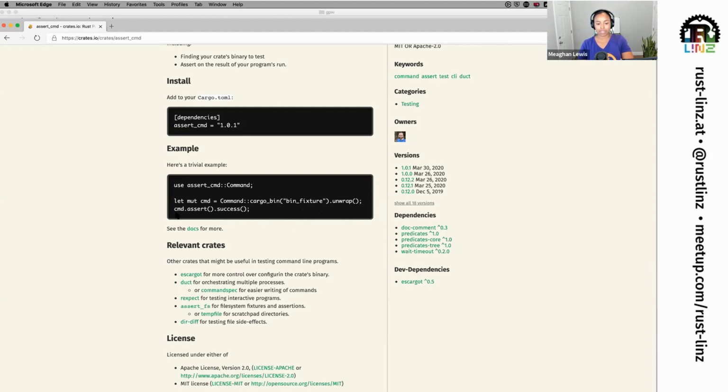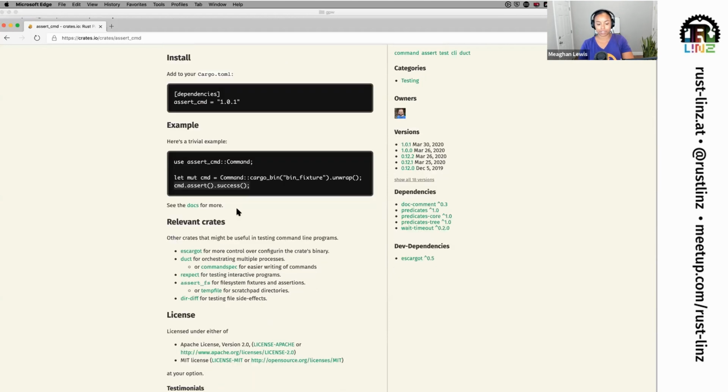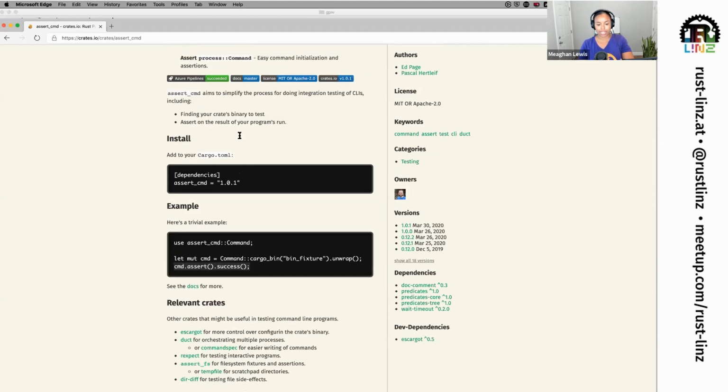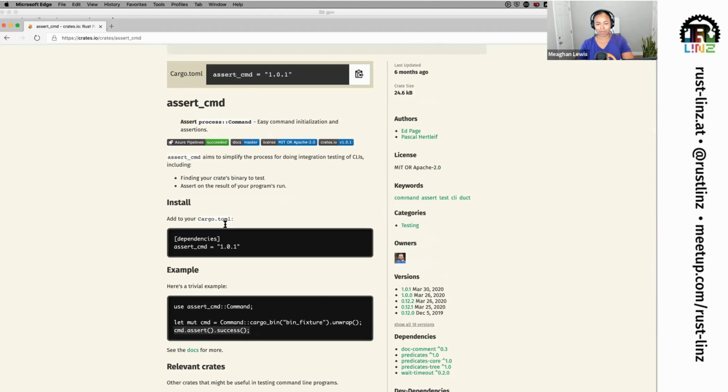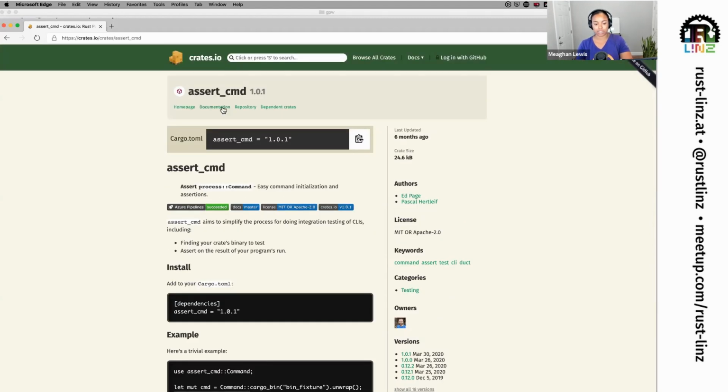And then we can do something like assert success or assert failure or assert other specific things. I just see the trivial example here. It might be helpful to actually look in the documentation to see some more detailed examples about how to use that.